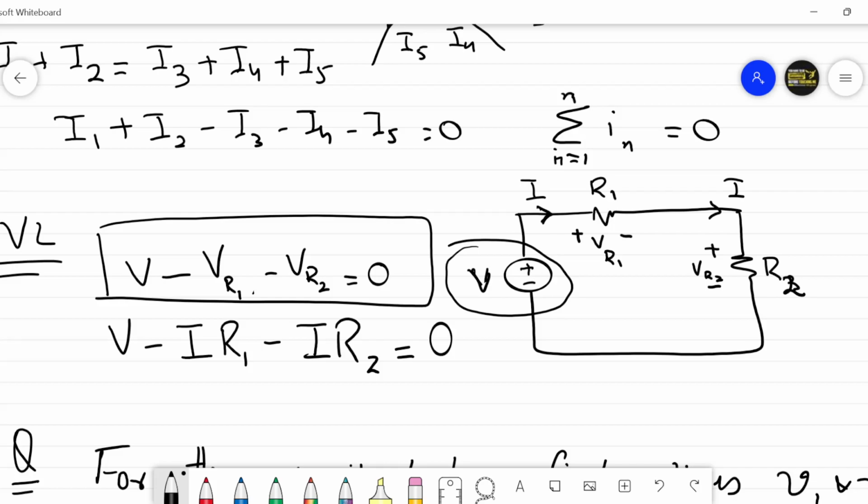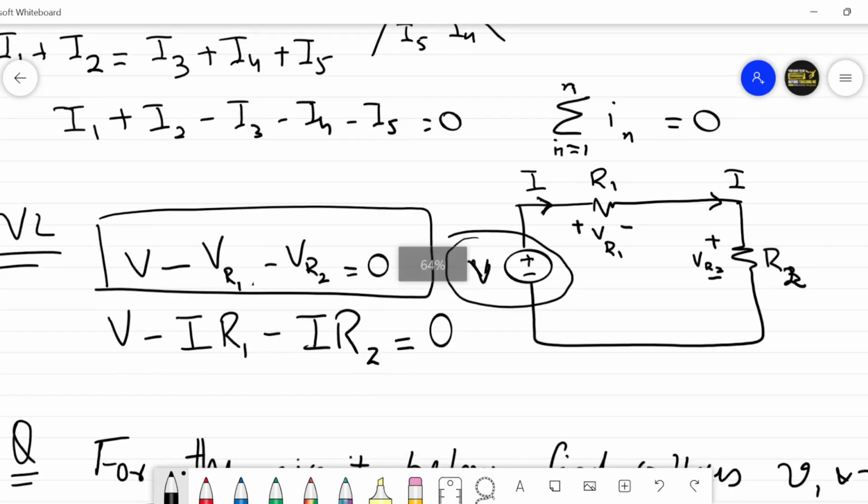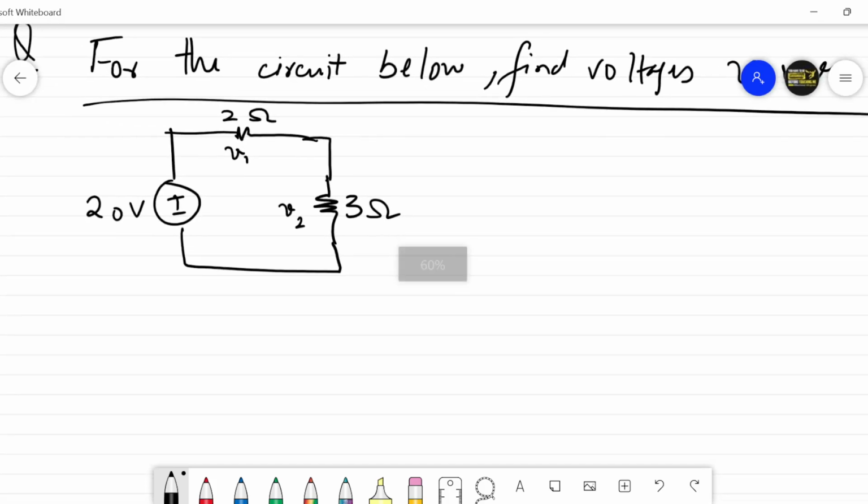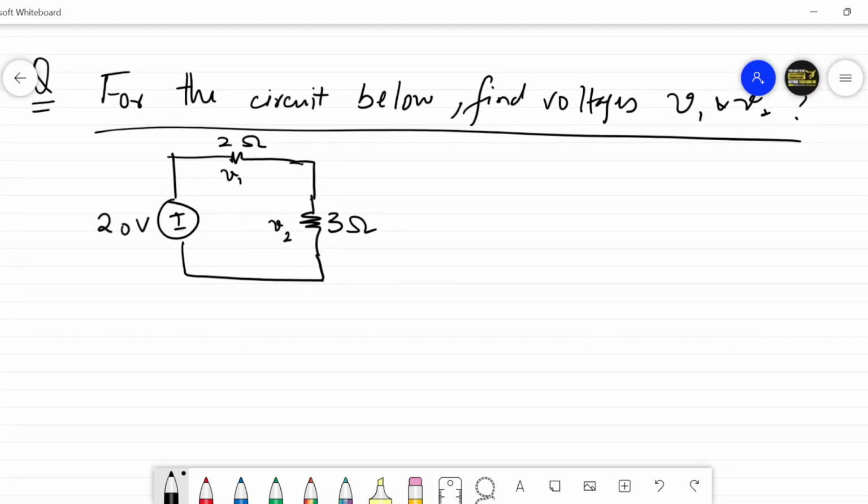Your KVL is actually related to the law of conservation of energy. So again you cannot create or destroy energy. The energy that was in a particular system will remain saved. Again from that conservation of energy principle, you can derive KVL. Voltage will have to be constant across all different paths. Fine. So KCL is the law of conservation of charge, KVL is the law of conservation of energy.